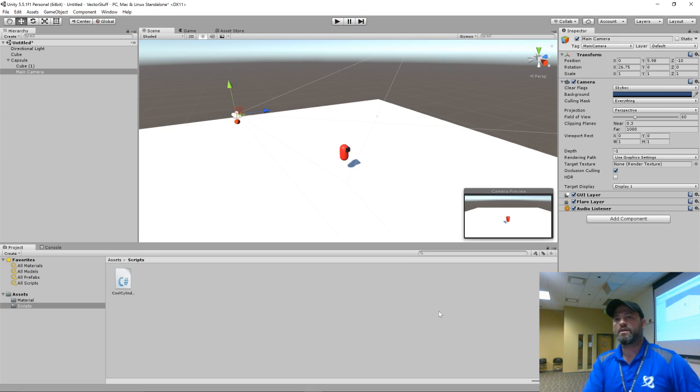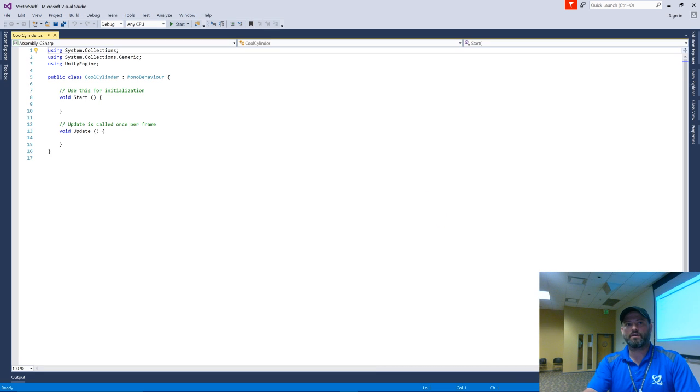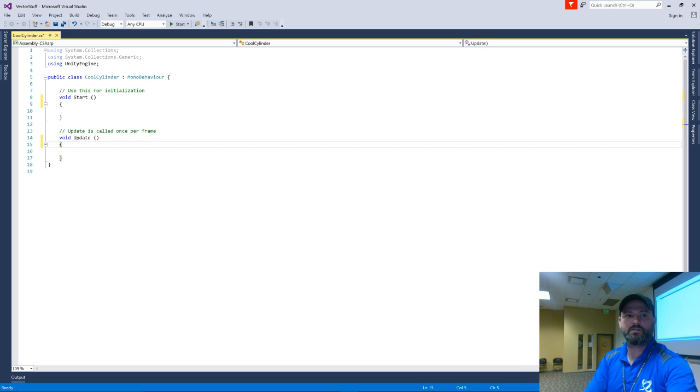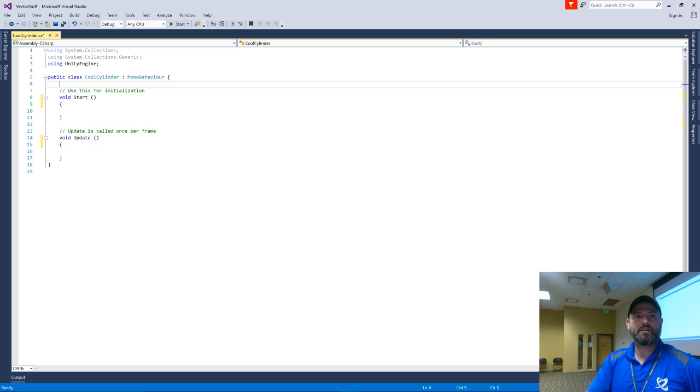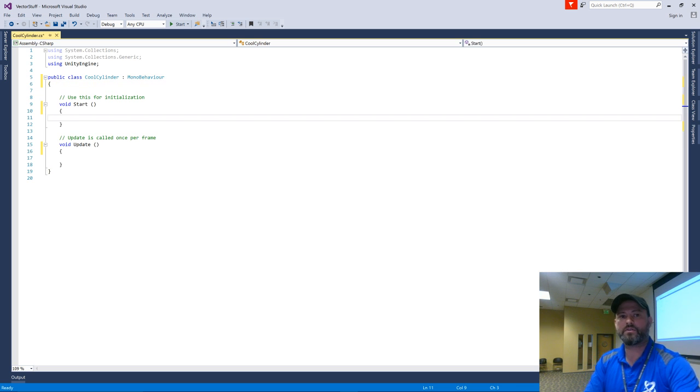All right. So I made this cool guy cylinder script. And on my capsule, well, I'm not even going to apply it yet. Okay, blank script. It's not completely blank. Unity gives you some things. Super scary. If you remember in some of the other things, I want to move this character. What do I use to move it?